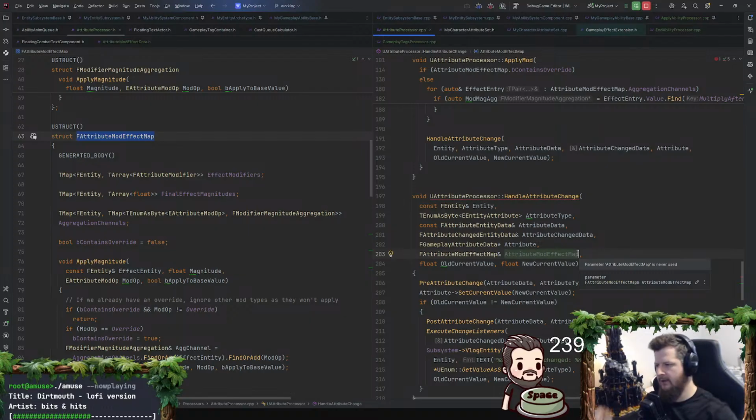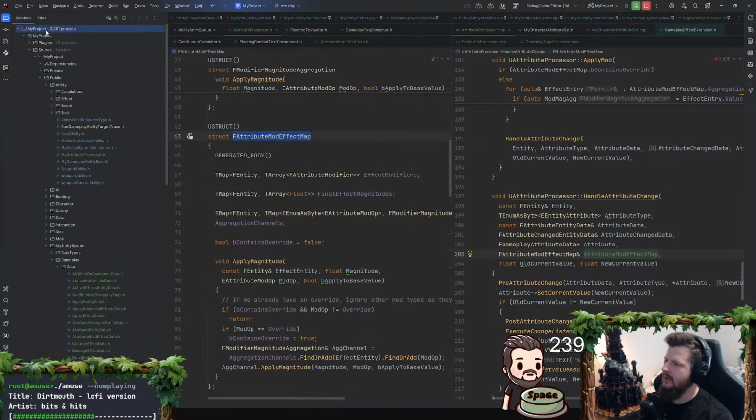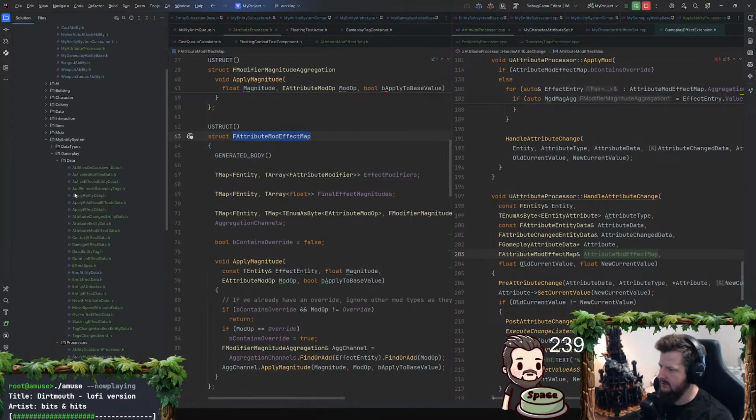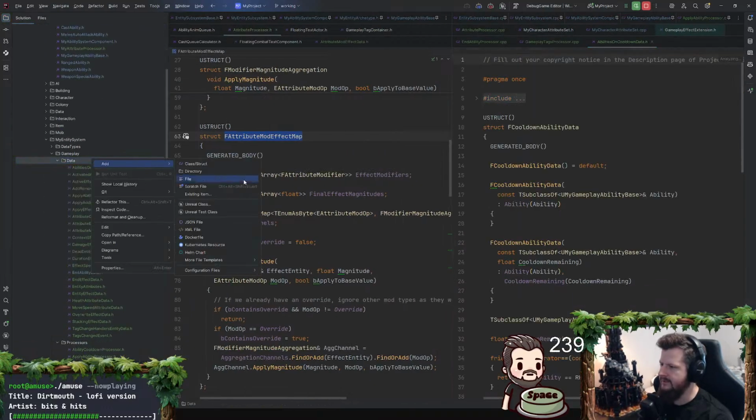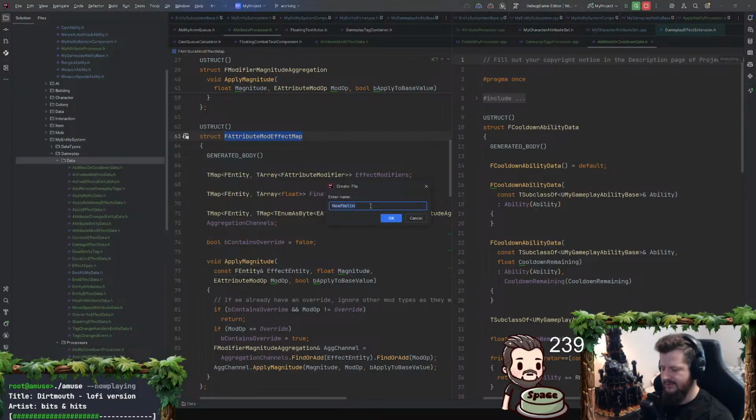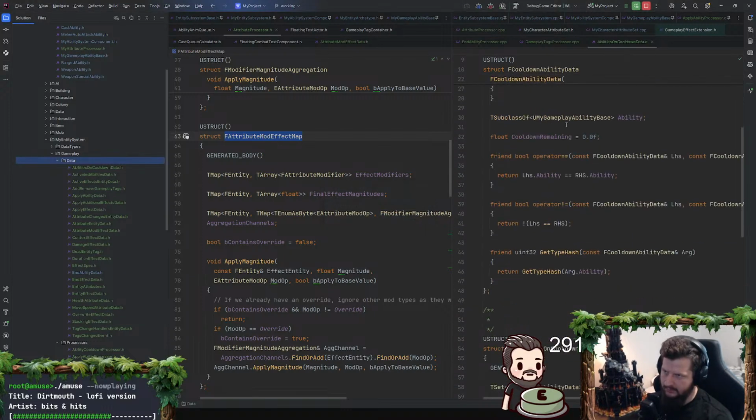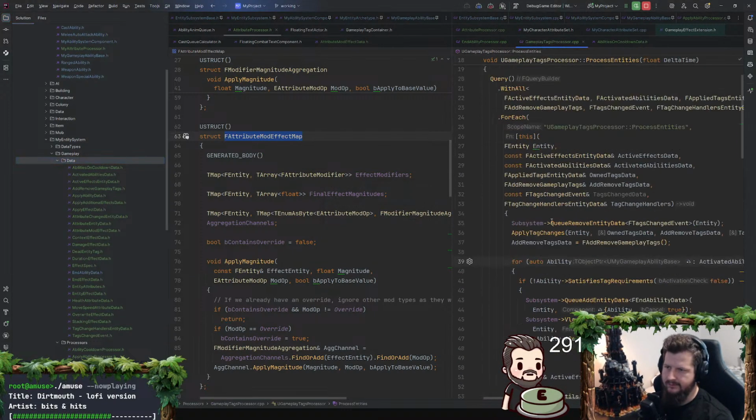Now what do I need? I need to create listeners now. So I need some more entity data. Let's create, we're gonna call this effect execute. What do I call the other one? I have attribute change listeners.